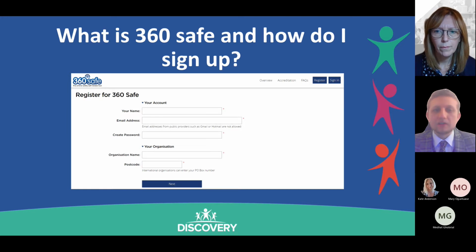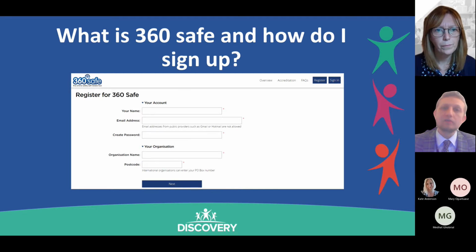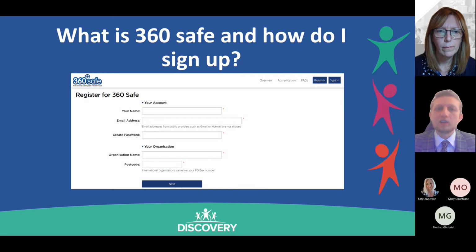360safe.org.uk, which is the website you see on the screen now, top right there is a register button. You register your school, so you just put your name in, email address, make sure it is an educational one, not a Hotmail or Gmail. Put in your organisation name and postcode. That gets fired off to the Southwest Grid for Learning people, the 360 people, who then do a quick check to make sure you are an educational institute,